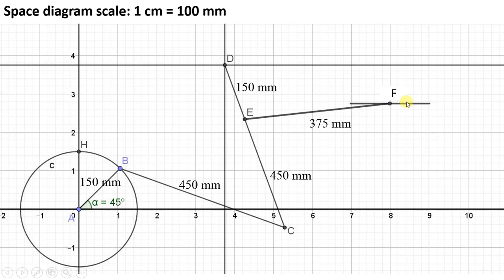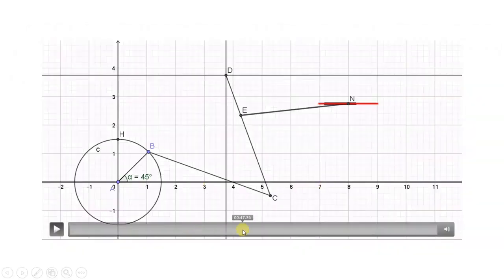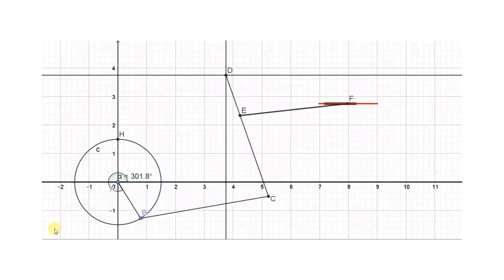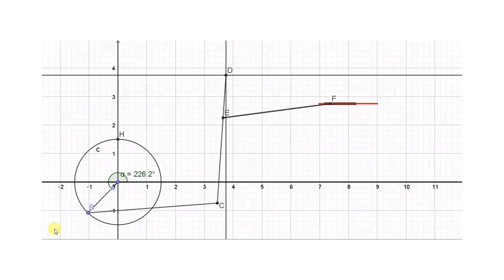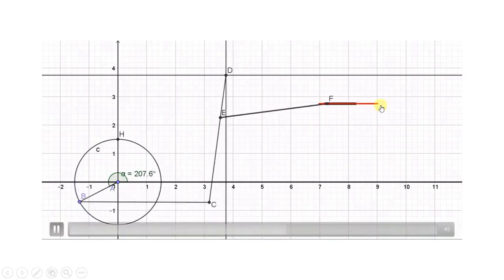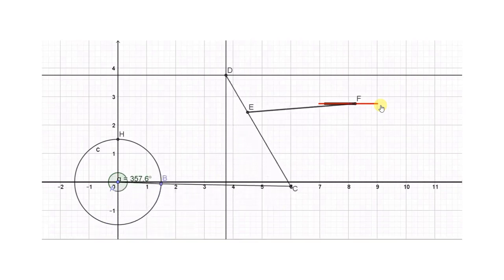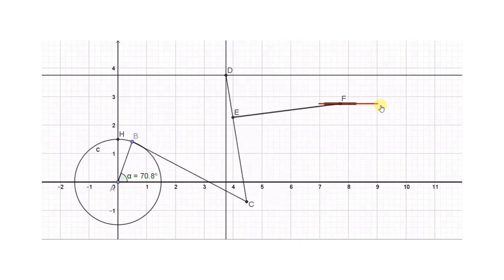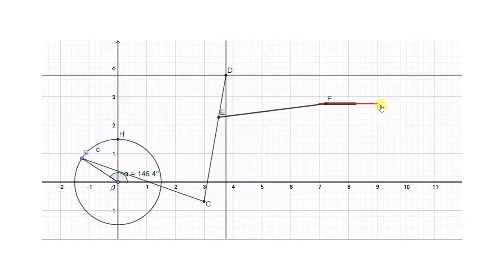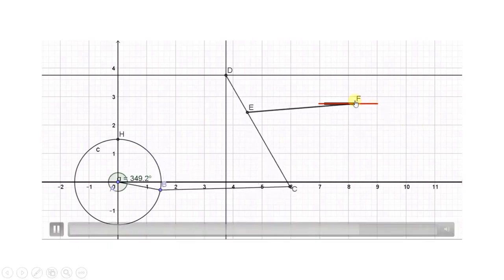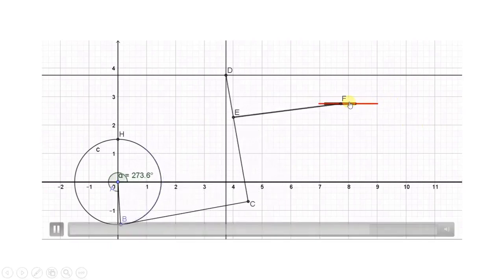So let us see the animation over here. As you can see, during the rotation of the crank AB in the clockwise as well as in the anti-clockwise direction, the path that is traced by this slider is in the horizontal direction. We have used both rotations just for our understanding purpose, to see how the mechanism works. Actually in the example it is given that it is rotating in the clockwise direction. You can see that for the clockwise as well as the anti-clockwise rotation, it works in the same fashion. So F is sliding in the horizontal guides, that is indicated by these red lines.